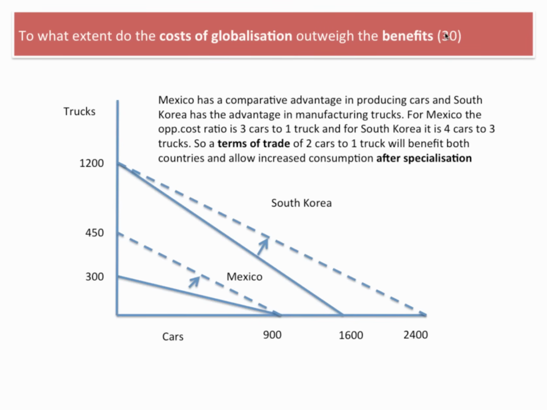Again, could I use a theory diagram? Well, many of you will have revised or are revising the theory of trade, the theory of comparative advantage. We actually have a special revision webinar on that on our YouTube site. And this will be a diagram I would chuck in at some point showing the potential gains from globalization. Mexico and South Korea producing trucks and cars, and if they trade at a mutually beneficial rate of exchange, both countries effectively can shift their PPFs out.